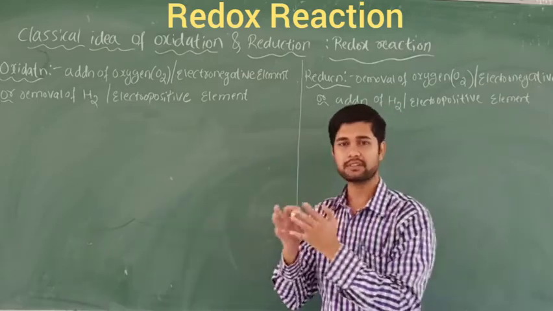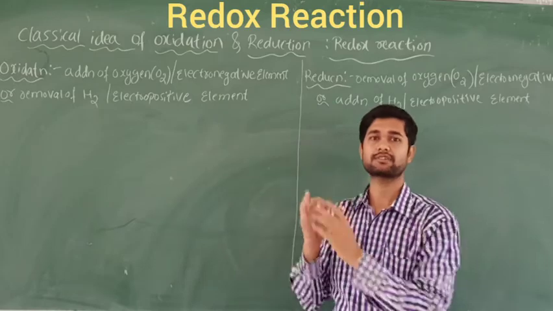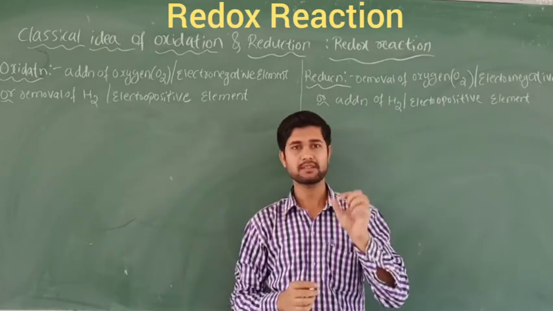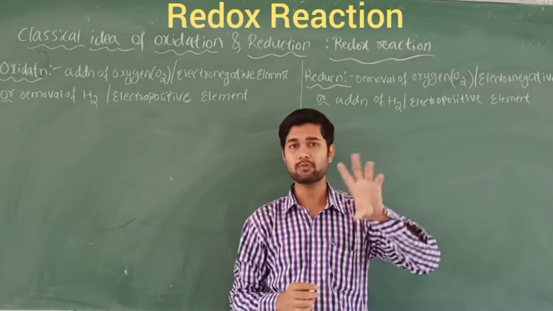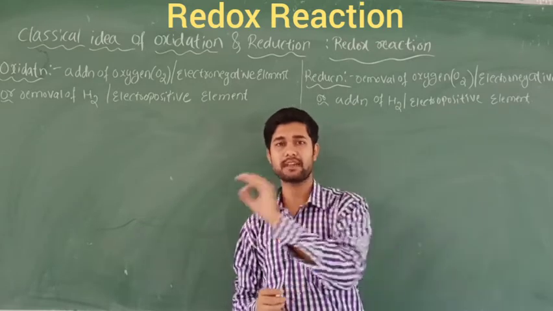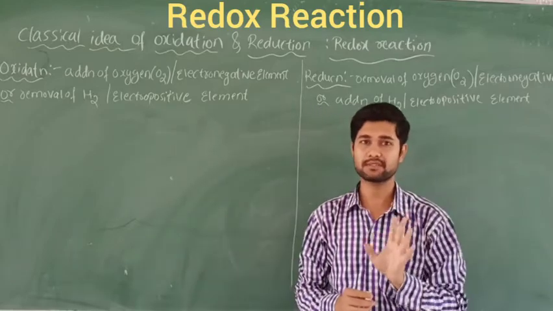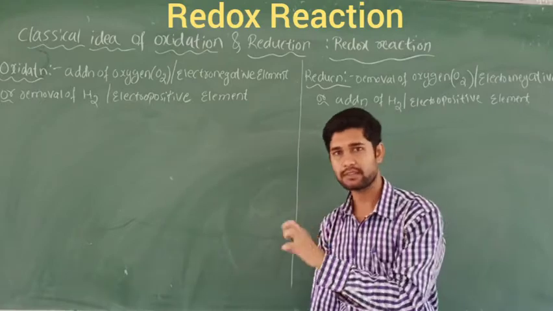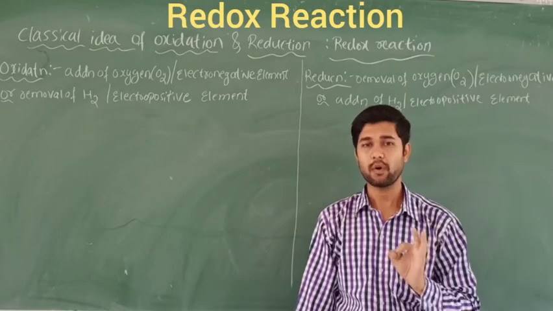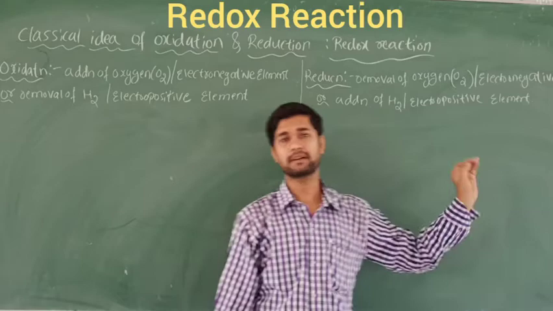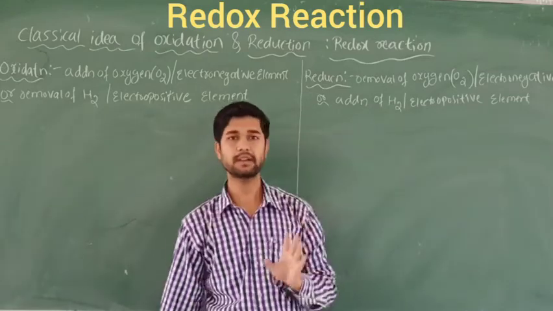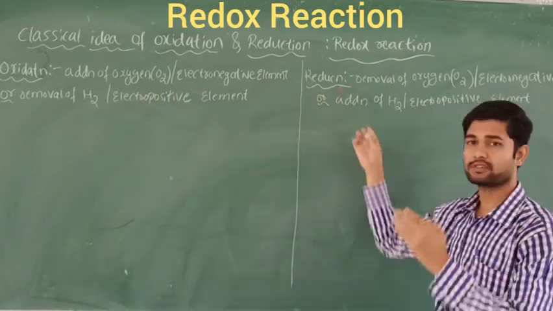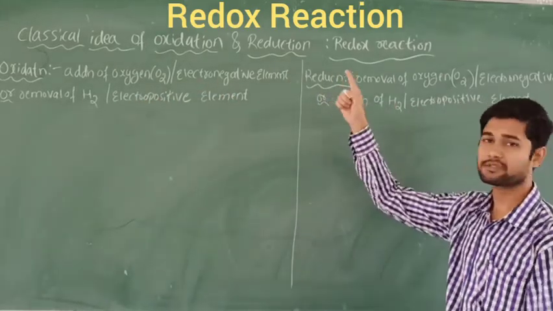Oxidation-reduction reaction and redox reaction are the same thing. Redox means that in a set of reactions, the processes of oxidation as well as reduction are involved simultaneously, and we call that type of reaction a redox reaction. In order to study this, we should study what oxidation means and what reduction means, separately, because oxidation and reduction together are called the redox reaction.